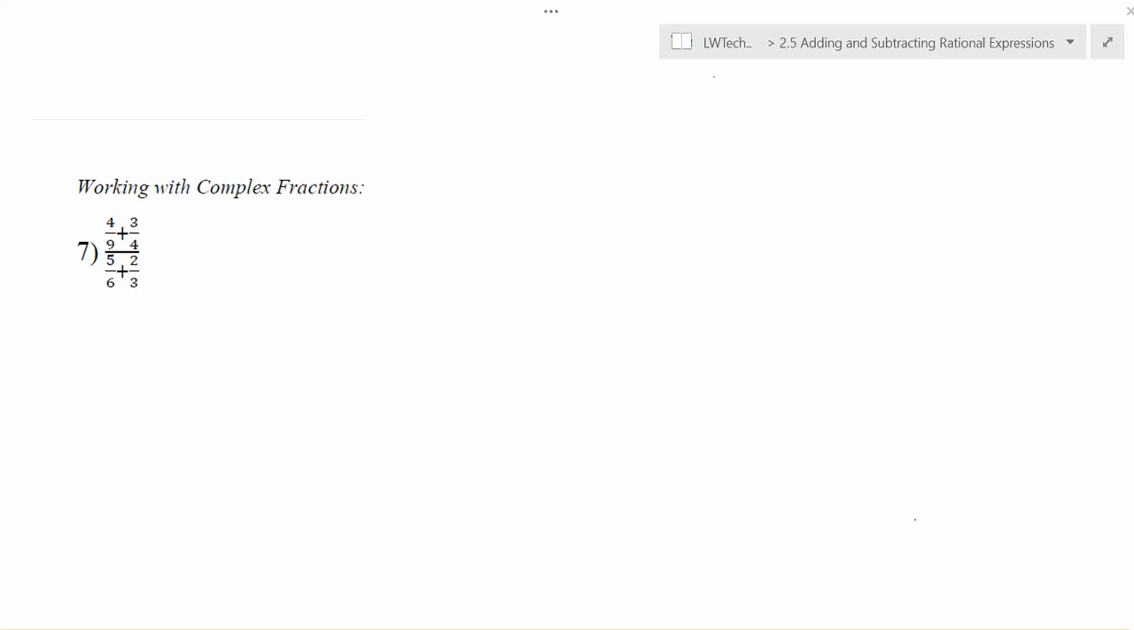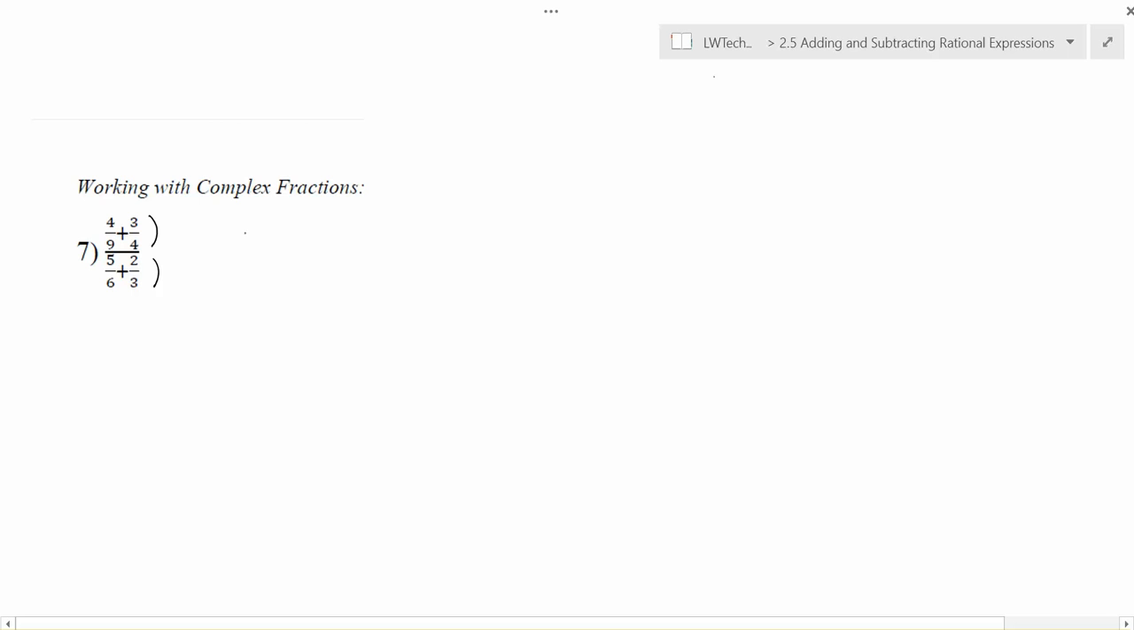The last type of case that we're going to see sometimes when we're working with adding and subtracting rational fractions, or rational expressions, is when they show up in things like what we call complex fractions. We've seen complex fractions before, and if you remember, what we have here is what's on the top, so that thicker bar in the middle, is being divided by what's on the